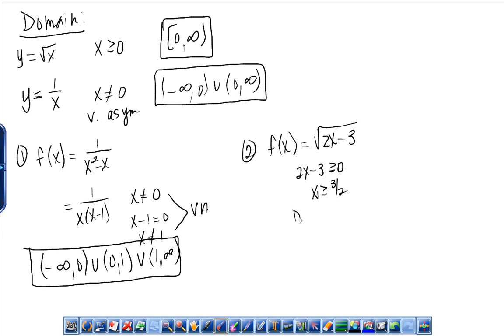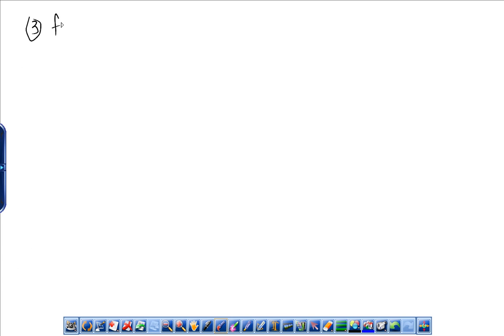So my domain, I should have said domain over here, sorry. So my domain is 3/2 to infinity. Infinity has a parenthesis. Because this is equal to, I can take the 3/2, I can take the square root of 3/2 because this would give me 0. I'm going to say the function